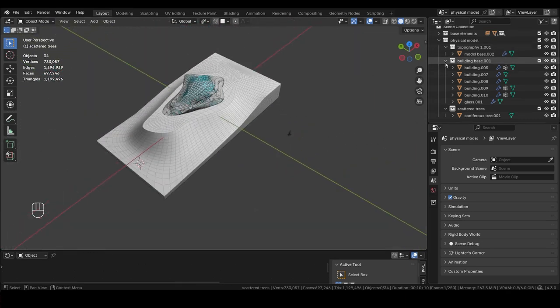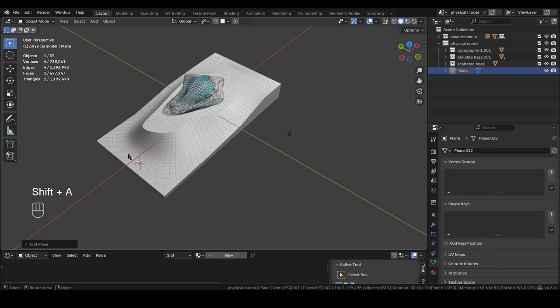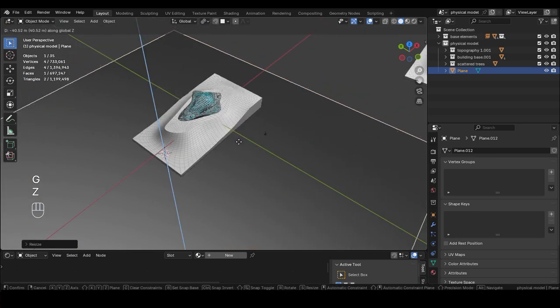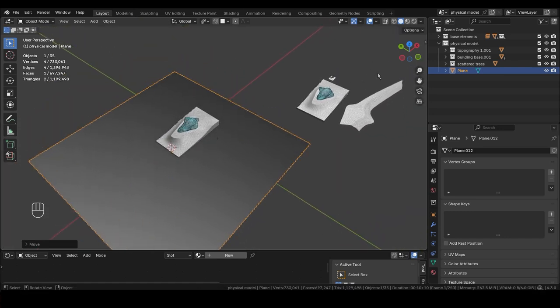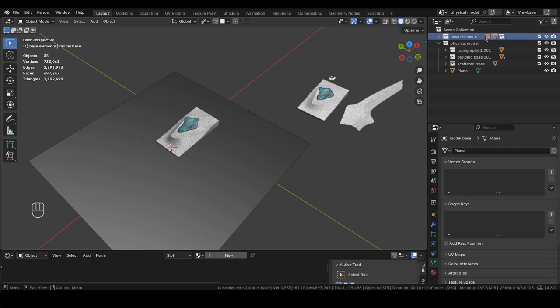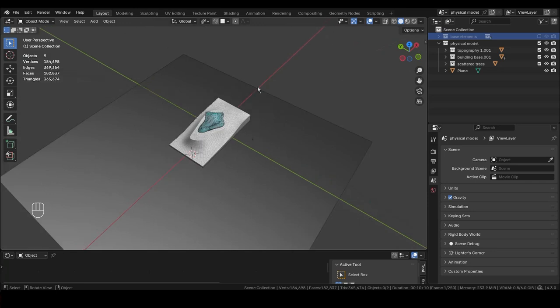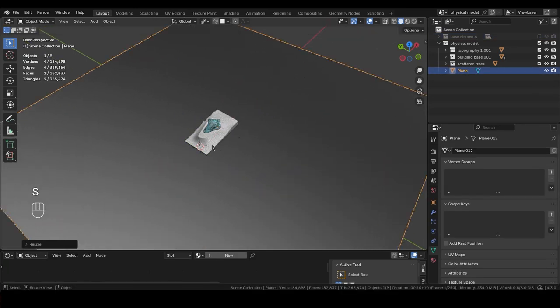Now in this physical model, the cursor is there, so I will Shift A, plane, to add a plane, and the plane is very small, so I'll scale it up, and G Z, bring it down, something around this, and this will be our base plane. For now we need to hide these base elements. I'll just uncheck this. Okay, so this is what we have. I'll press G, Shift Z to move it to the middle, and then scale it more,